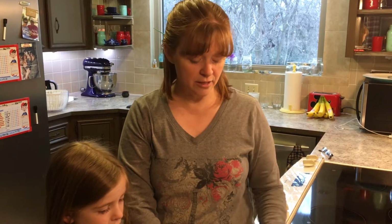But recently I was asked to do some cupcakes for a wedding, and somebody gave me their recipe and I followed it, and they turned out really, really good. They were good. It was a good cupcake, but it had a lot of ingredients. There was about 11 of them, and so that got me to wondering, which is better, cake mix or made